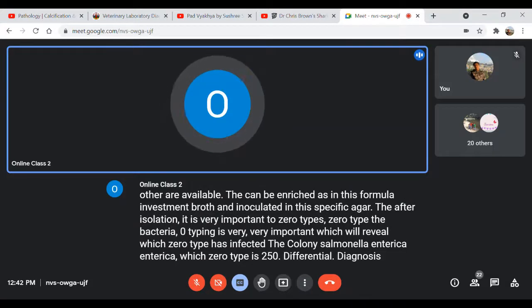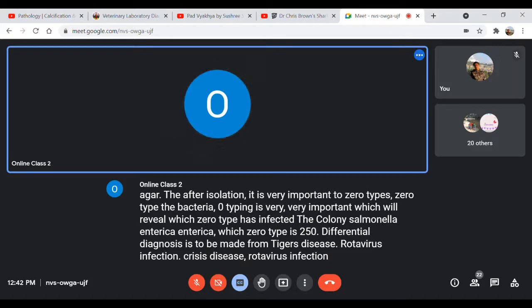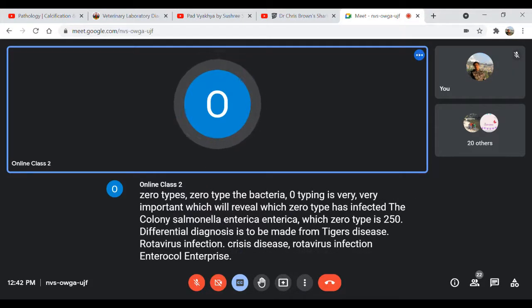Differential diagnosis is to be made from Tyzzer's disease, rotavirus infection, enterococcal enteropathy, and cryptosporidiosis. Differential diagnosis. In case of mice,